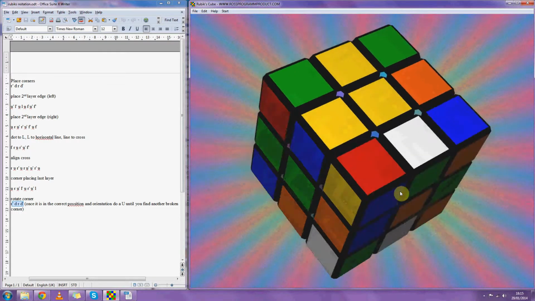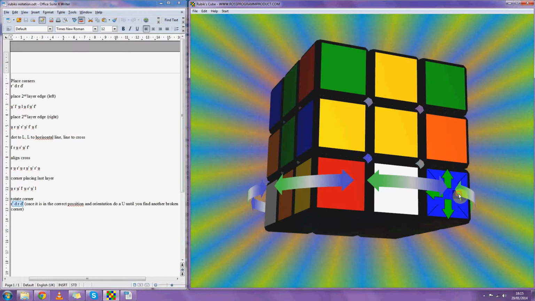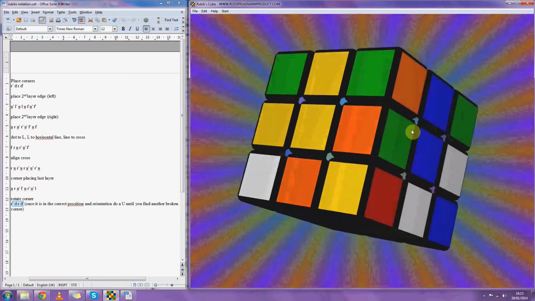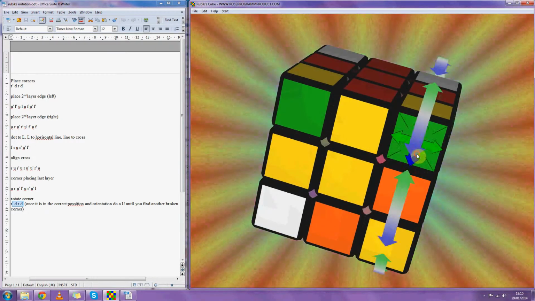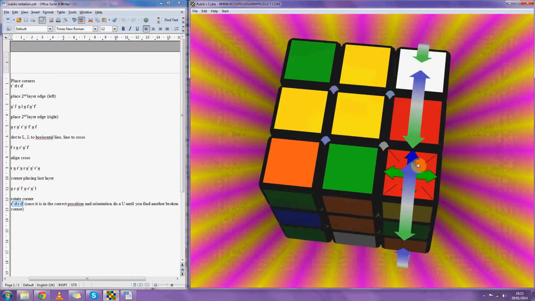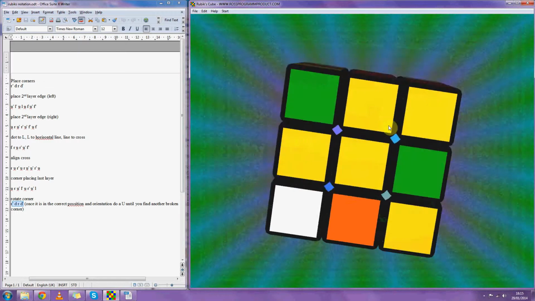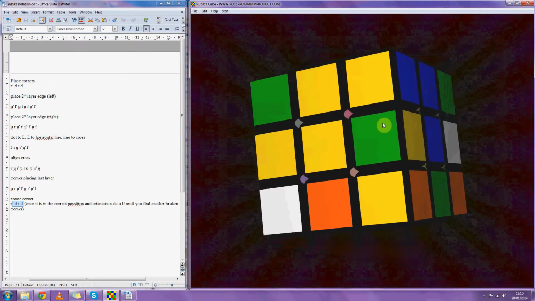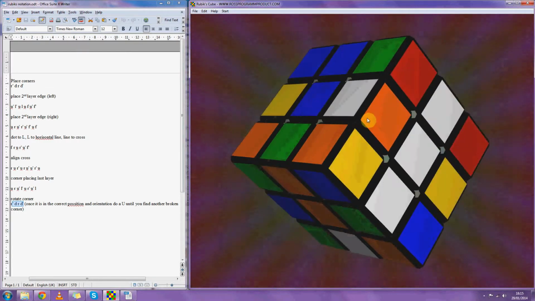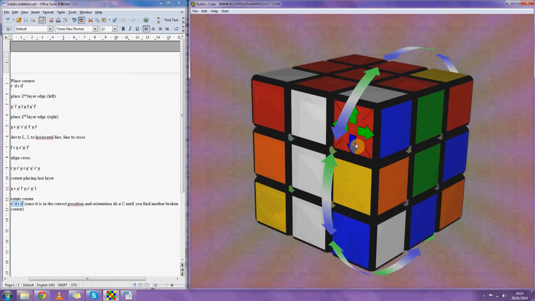So here we see a red, yellow, blue corner. We'll bring that to the red, yellow, blue side, and now we need to bring it to the top. To do that, it's just the first algorithm. Technically this last move here is not needed, but it's useful for the end situation, so we'll put it in for the time being. All these are the reds at the top already, so we have to bring one of these down,